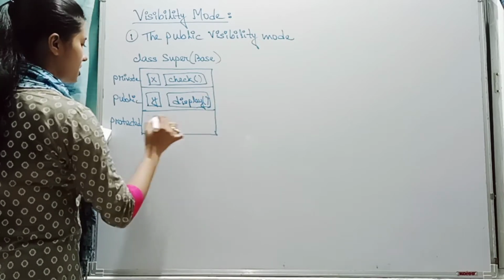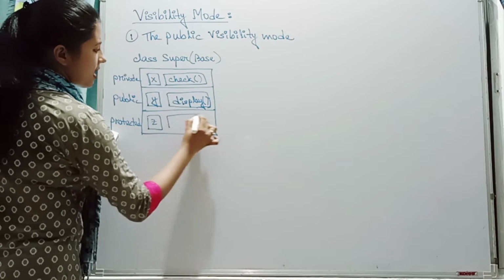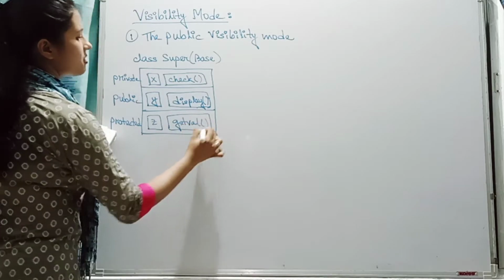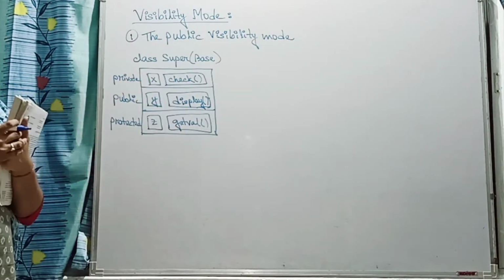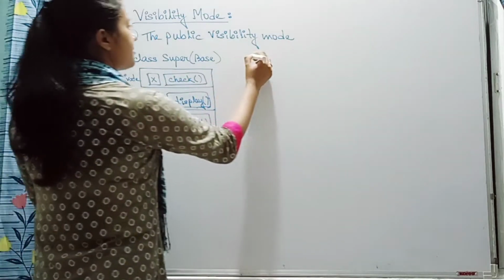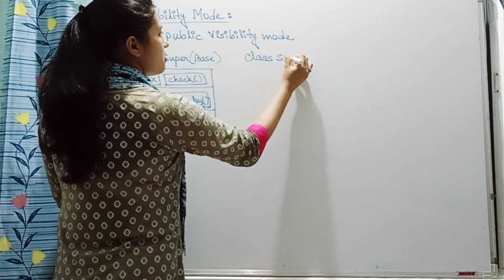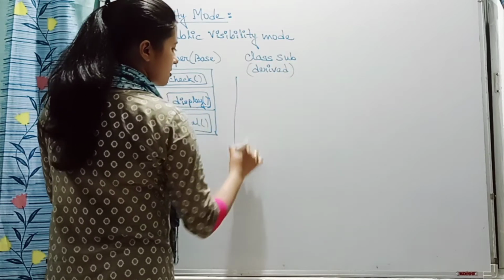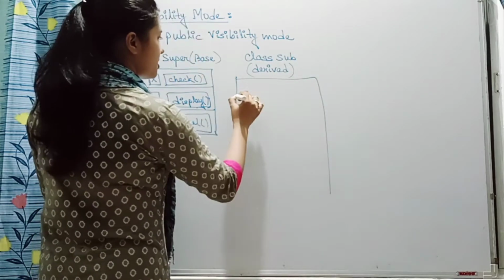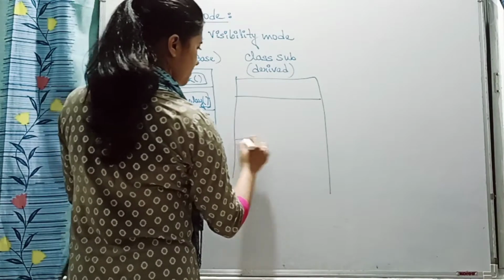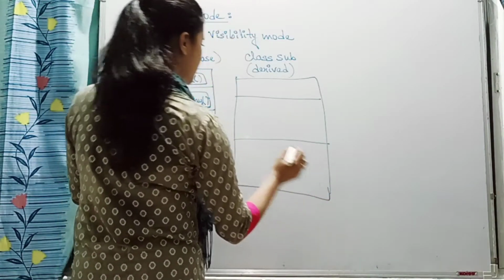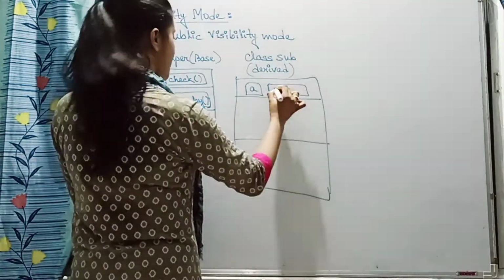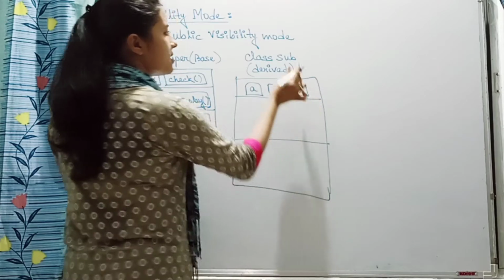Now in the protected section we are defining a data member Z and we are defining a member function getValue. Okay. This is the definition of our base class super. Now we will define the class sub, which is the derived class. Now what this derived class definition is, this we will see here. So here we have defined A, this is a data member, and one member function is init. This is for the derived class.